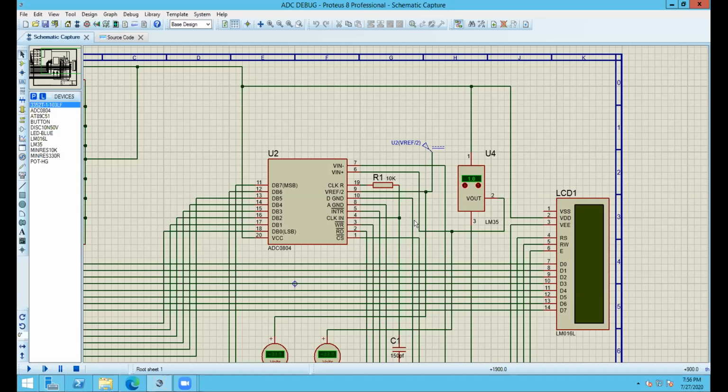Is there any doubt? For 0 it is 0 volt, and for 100 degrees Celsius this is 1 volt, and in between we have 100 gradients. For each gradient, it will give us a 10 millivolt uprise: 0 to 0.1 to 0.2. Clear?